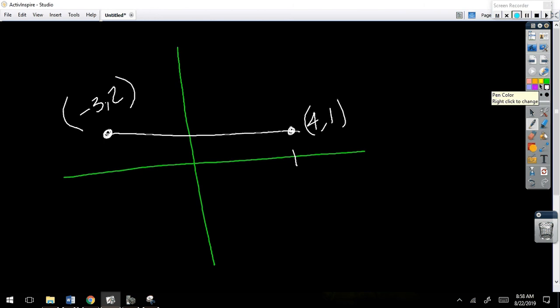The middle's going to be another point, right? It's going to have an x, I'm going to call it xm, and a y, ym, for x midpoint, y midpoint. Well, how can I find the middle of the 2 x's? How do you find the middle of 2 numbers? Average them. That's exactly right. So to find the midpoint,